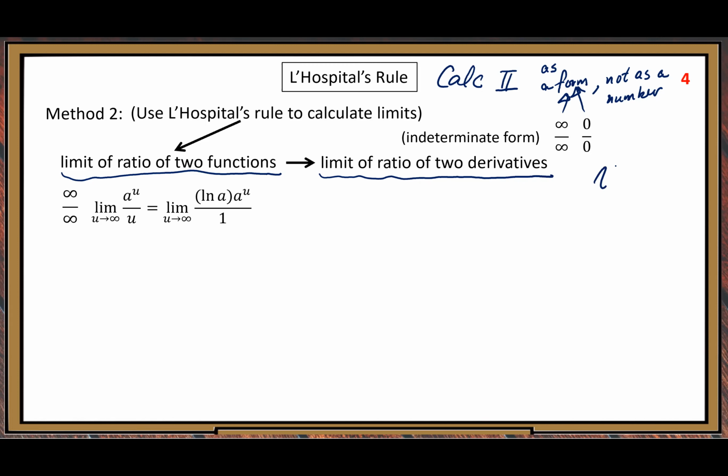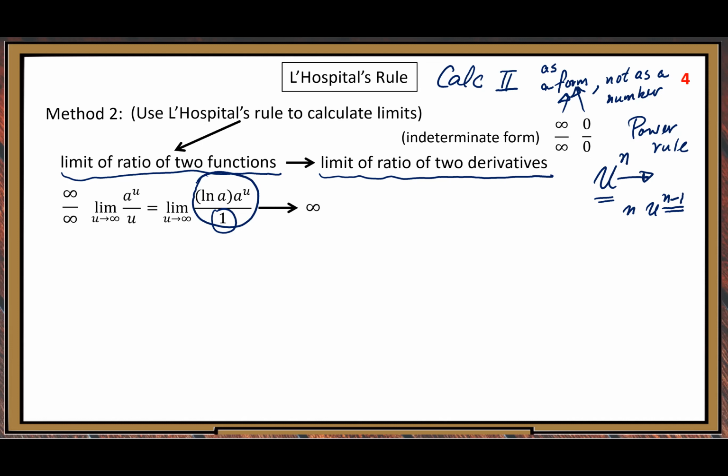Power rule: the derivative of u to the n, because this is a power function, is n times u to the n minus 1. So by that power rule, the derivative is 1. Then we can see when u goes to infinity, in this new ratio, you should not take